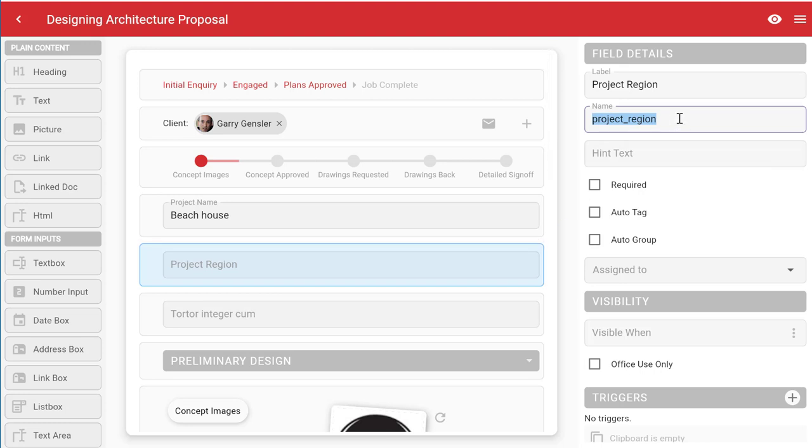And if you're creating an email template, these would be the merge fields if you wanted to merge information out of here into an email. So give it a name that makes sense,